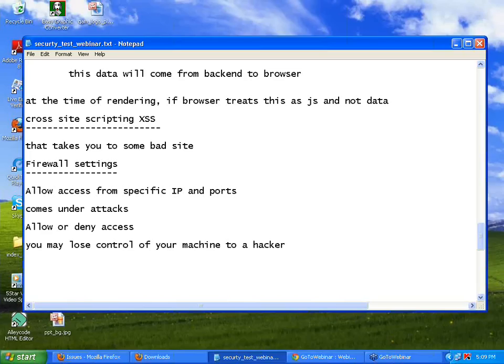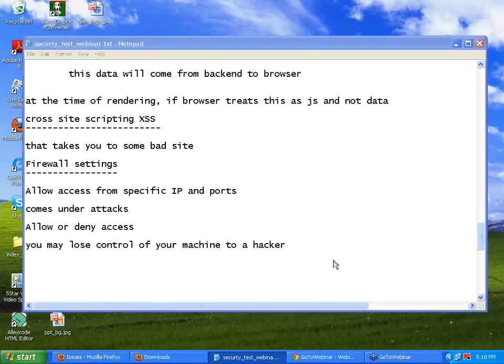So firewall settings and intrusion detection are the next level of security testing. So what you need to do, if you are doing testing, is create a system, configure a firewall, allow the port to access that, and see whether it is allowing. In the firewall, say don't allow this port to be accessed, then access your application. It should say we are blocked by something, please contact system administrator. Something should happen. If that is not happening, we have a security loophole, right?